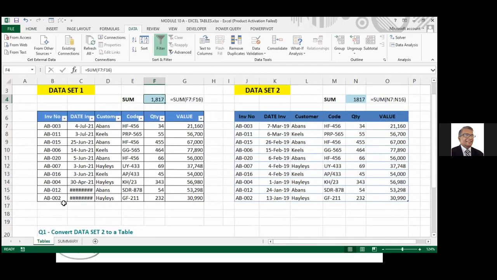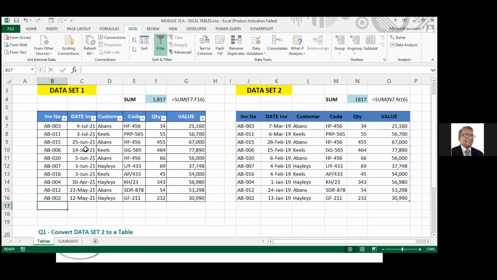The value is the same. I'm going to add something here. A1. And I'm going to put 2500 here. Does it change the value total? No, this didn't change. I'm going to put A1 here. What happens to the table? It expands. So that gets included. I put 2500 here. See the total on top of this. It changes automatically. That's a very big advantage. If you have 150 formulas using this table data, all those 150 will change when you add or delete data.